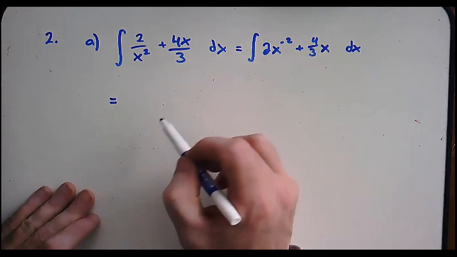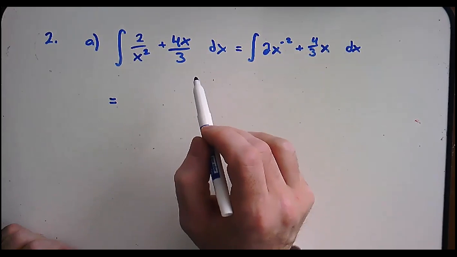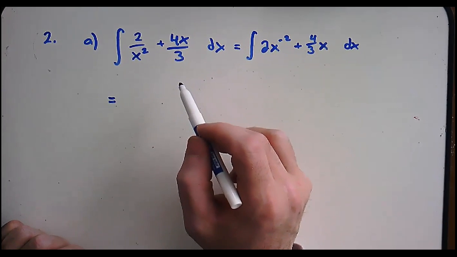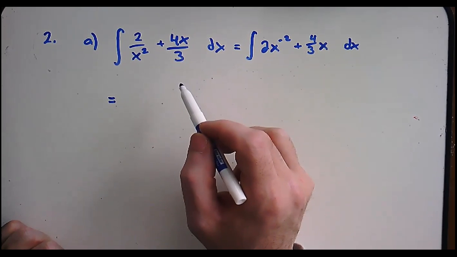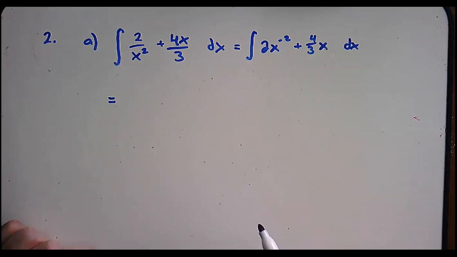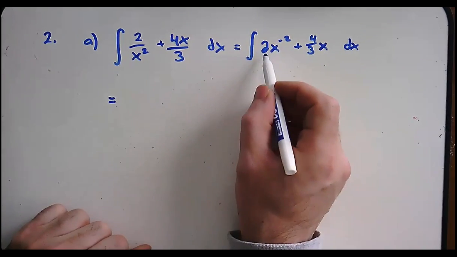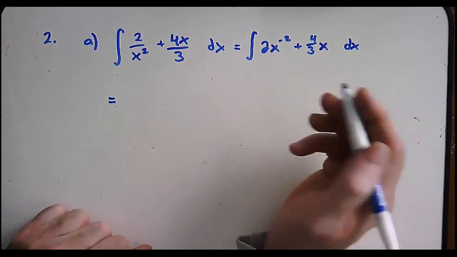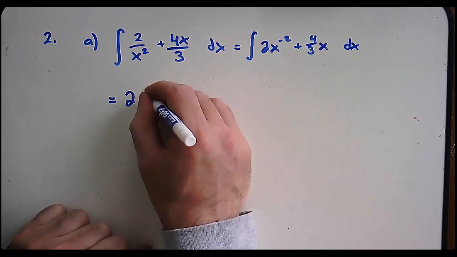We have an antiderivative, and that's also when the plus c should appear. Sometimes if you're looking at how some of the online solvers do it, they wait till the very end to add c, which is incorrect. As soon as we take an antiderivative, we have a whole family of functions, so that's when the constant should show up. Okay, so the antiderivative of 2x to the negative second power is going to be 2 times x